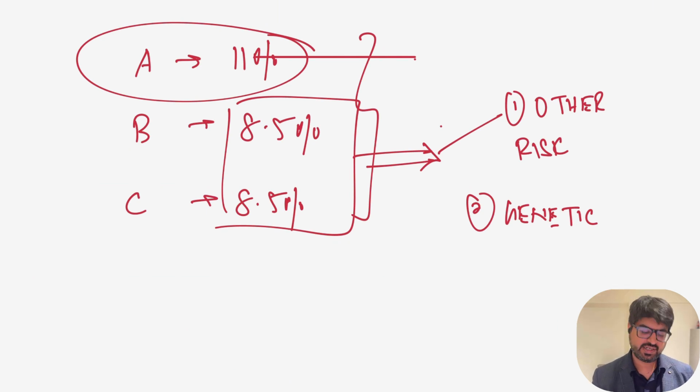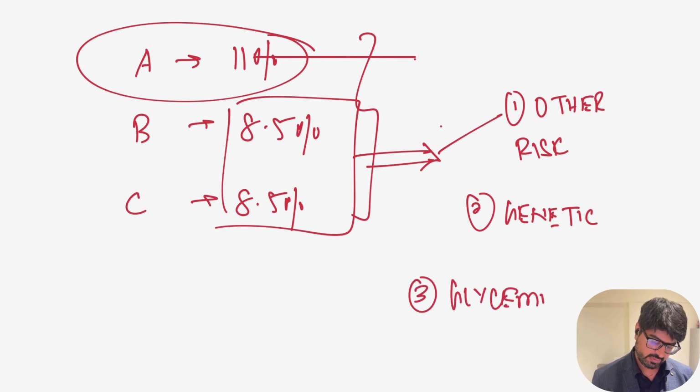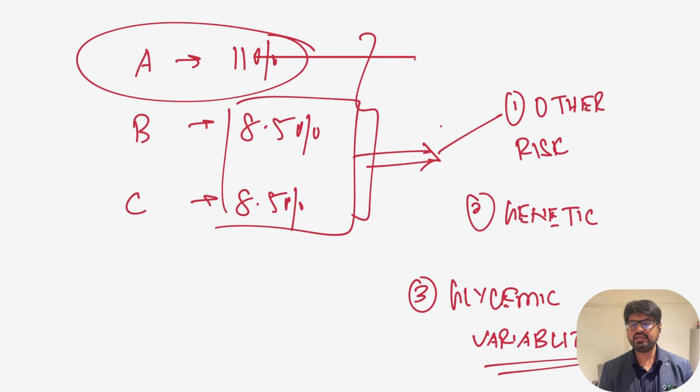So, there will be genetic risk factors. The third and the most important one, which is definitely under our control, is glycemic variability. Glycemic variability is the most important parameter which we can control as far as